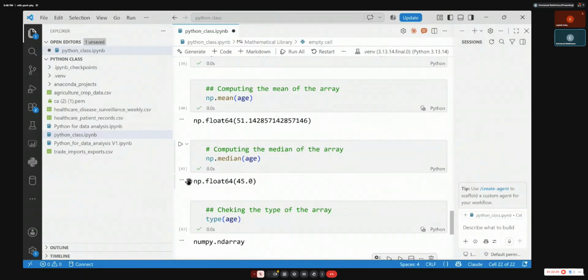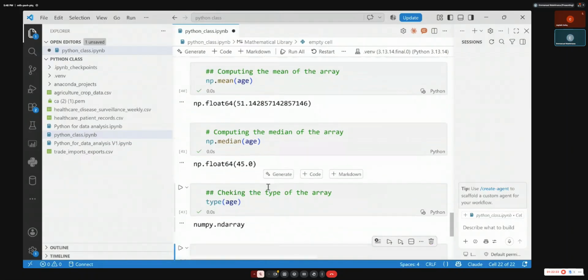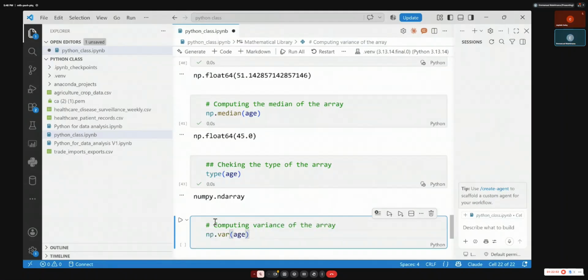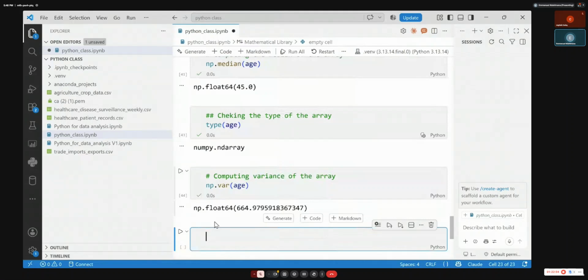So if you want variance, do you know the meaning of variance? Can someone tell me the meaning of variance?